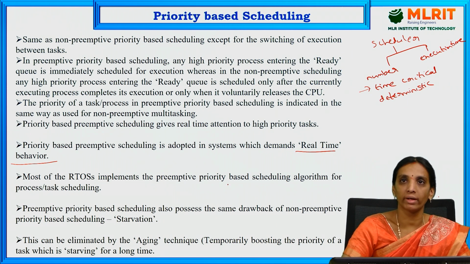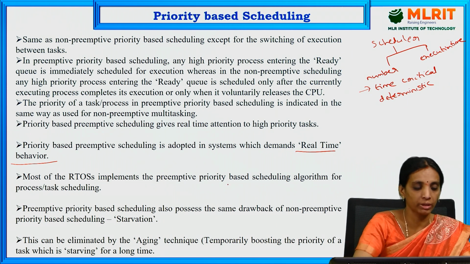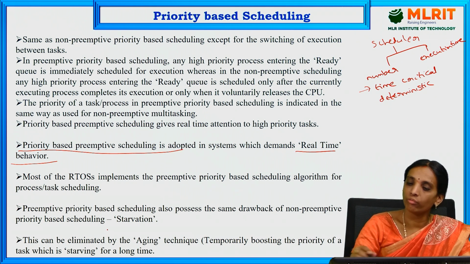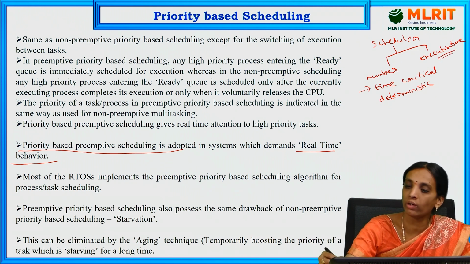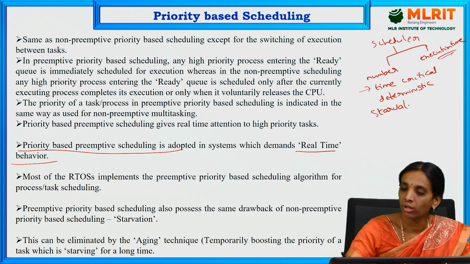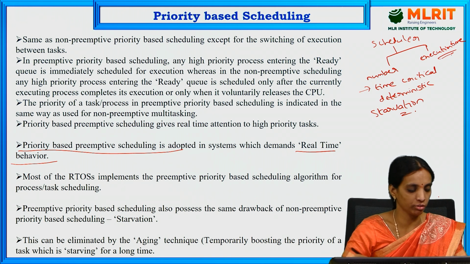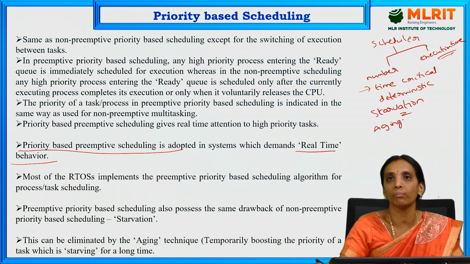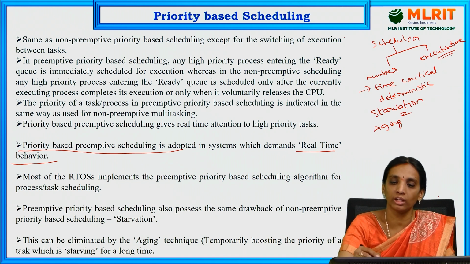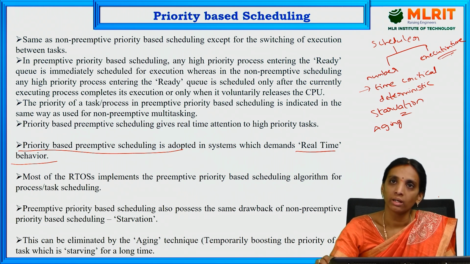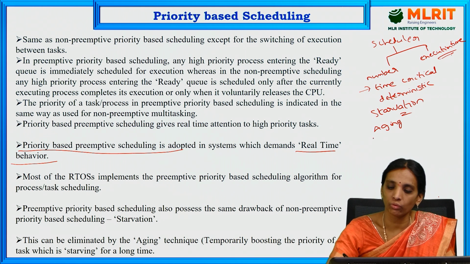So therefore, for real-time systems, this preemptive priority based scheduling is used. And here, by using this process also, we have considered the shortest execution time method. Therefore, starvation also occurs in this priority based scheduling method. So, by using the aging method, as discussed in the non-preemptive priority based scheduling, the same will be applied here also. That means here we can assign the priority to each process and based on the priority, those processes will go for execution into the ready queue.